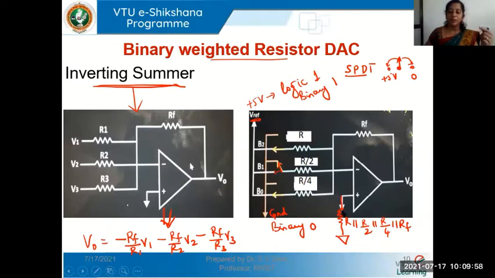And I told you it is optional if we want to overcome bias current and offset errors. If we want to overcome errors due to bias and offset values in the op-amp, we can include a resistor in the non-inverting terminal to ground, whose value will be the same as the Thevenin's equivalent resistance from the inverting terminal to ground. So this is optional. Wherever you want high accuracy, you want to avoid small errors also, then we do this normally.